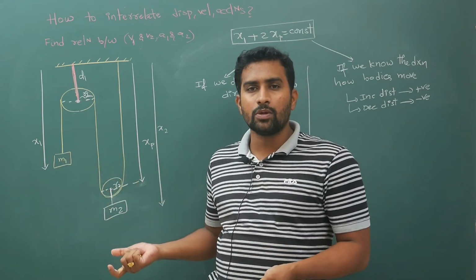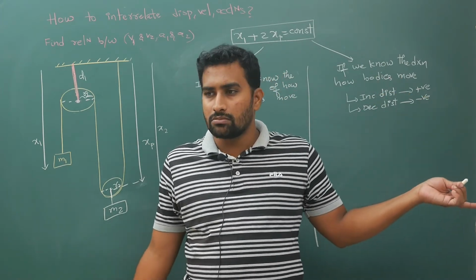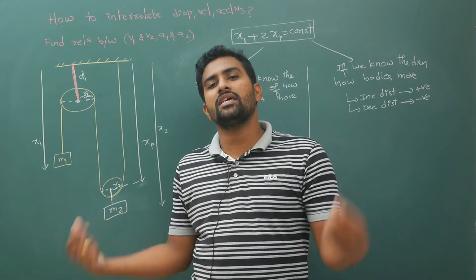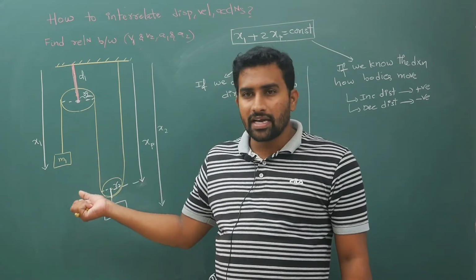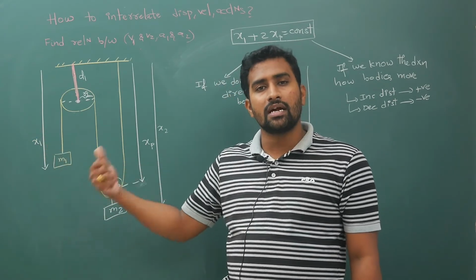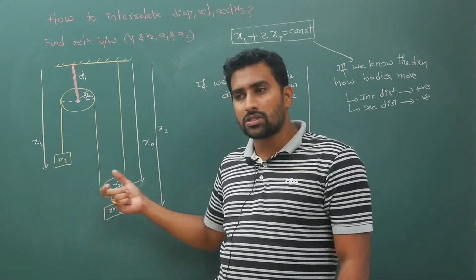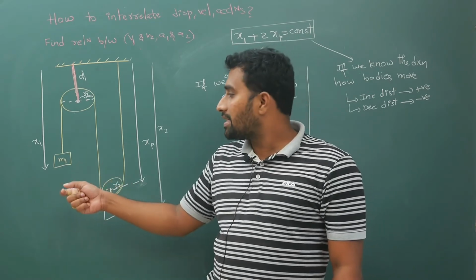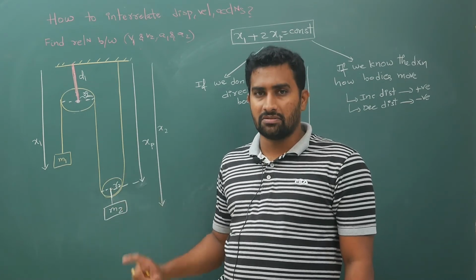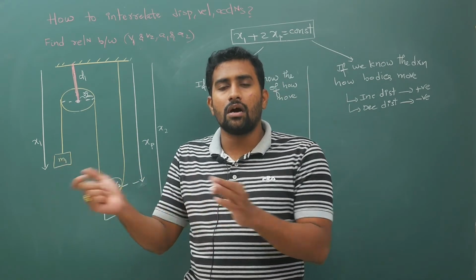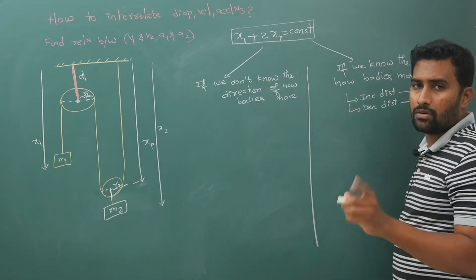But let us say I have 5 pulleys, then will this work? You cannot say what is moving up, you cannot say what is moving downwards. You will assume that everything is going downwards and do the calculation, and even in the free body diagram you will assume accelerations are downwards, and then write the equations. In the answer you will get one positive and one negative. A positive answer indicates that your assumed direction and magnitude are correct. Negative indicates magnitude is correct but direction is reversed. At this step you have to follow either this or this, do not follow both.